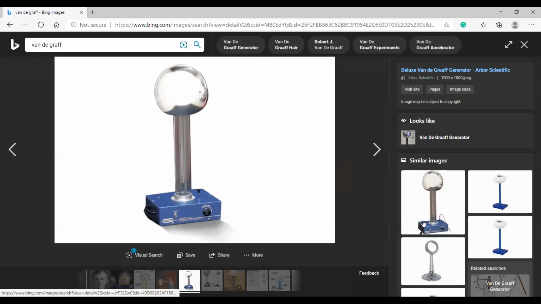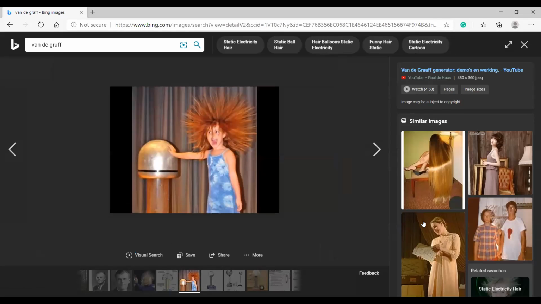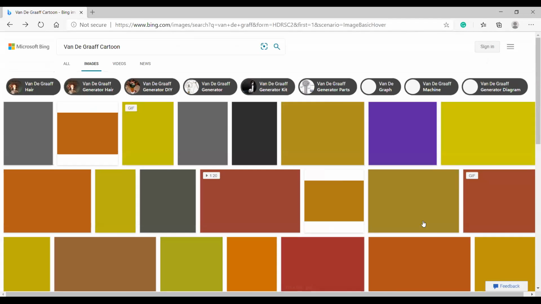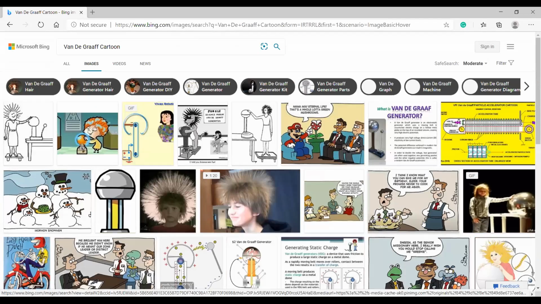Have you seen this in the movies of Mr. Bean or in others? This arrangement, yeah. You see, this structure has a lot of positive charge, and if you touch it, you feel like this girl, right? Yes, sir. We have seen this in Tom and Jerry. Yeah, you must have. Okay, now